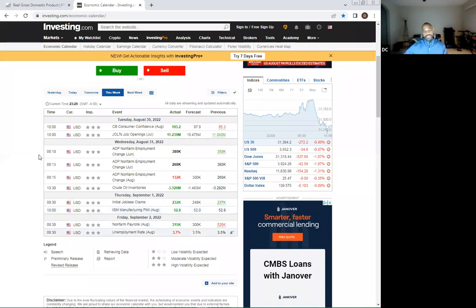If I'm looking to make some sort of medium to long-term investment decision, then I will take this filter off and then I will digest all of the data to decide what I think those impacts are going to be for the longer term. And so here, if we look at ISM, it's still above 50. We look at the last print,